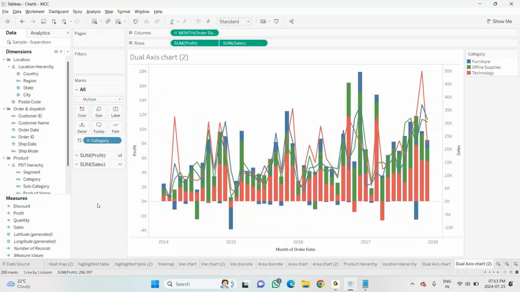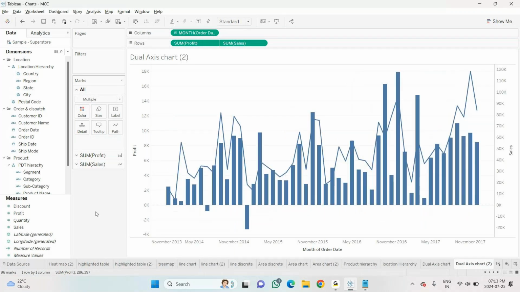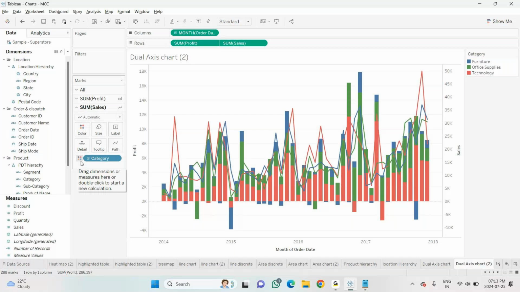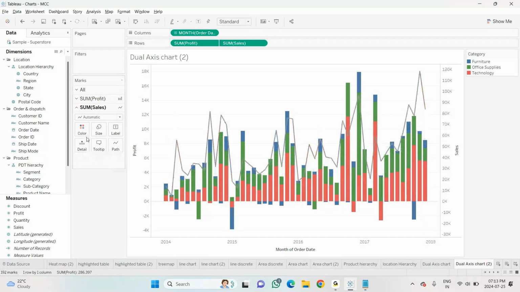And the line is also showing me three things, because it is in all three places, right? So it is showing me three places. In case you don't want category, you can remove it. In case you want to show it in colors, you can take the category and put it into colors however you want. It will work that way. See, I'm only keeping this one sales.